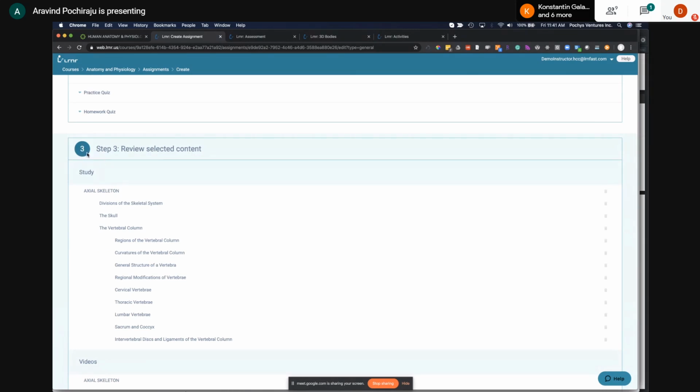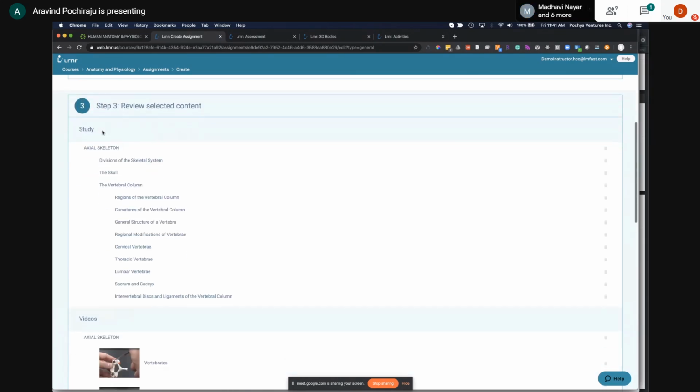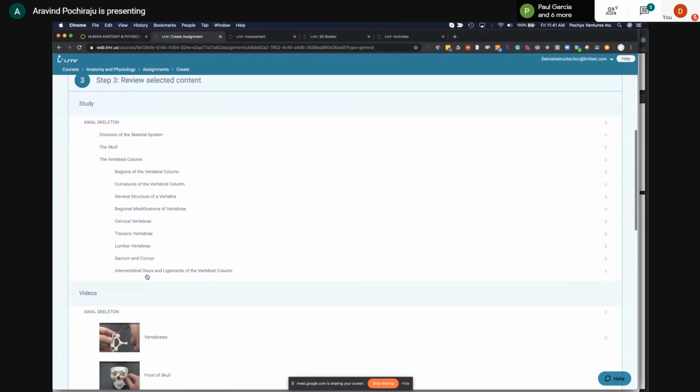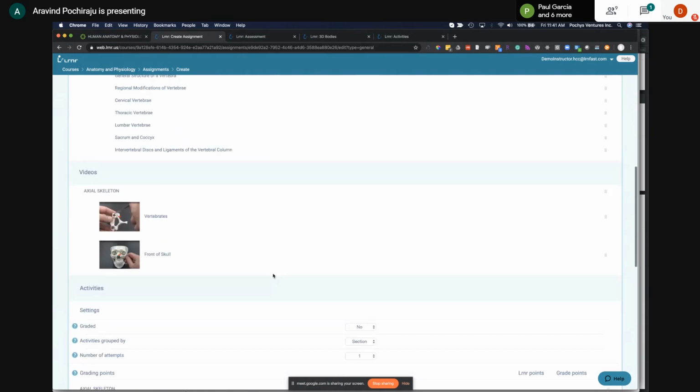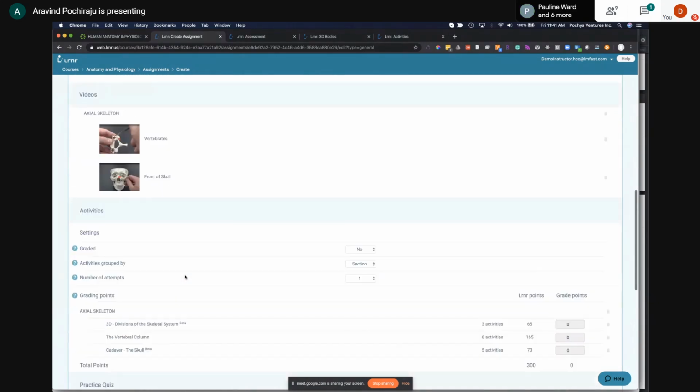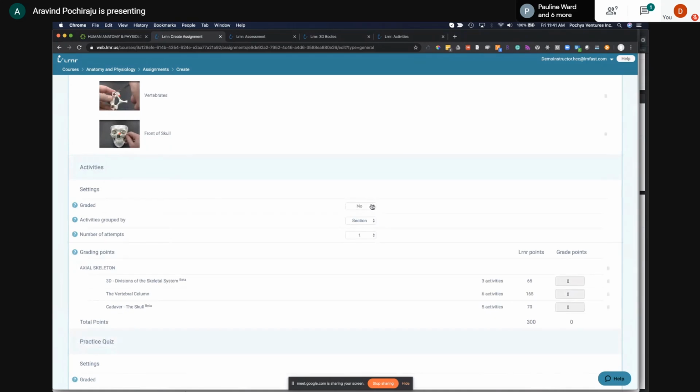Now, step 3 showed up. This is all where you configure your assignment. You can say, okay, these are all the things that I want my students to study. These are the videos that you want them to watch. In the activities, you can set things to graded, because most students don't do stuff if it's not graded. It'll immediately turn red, because it's expecting you to put some grade points here. So let me just quickly put in some points